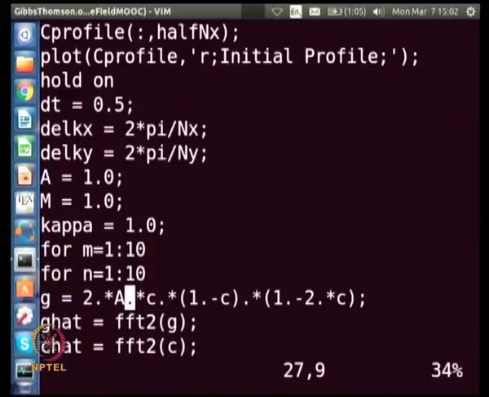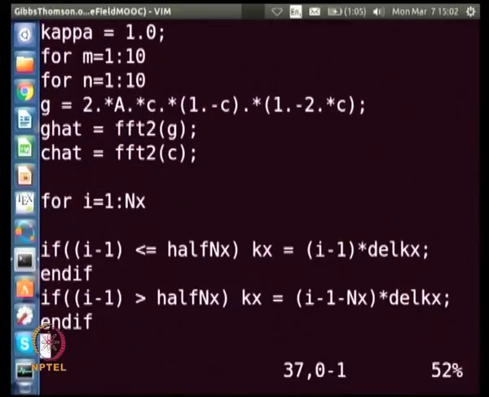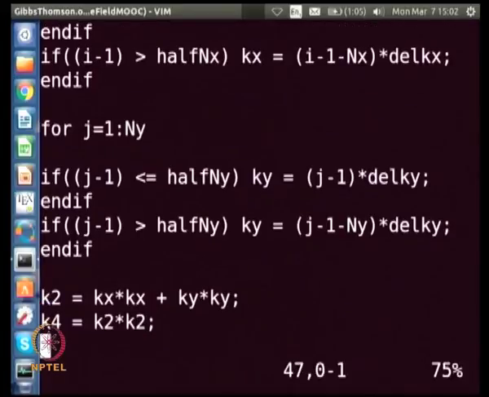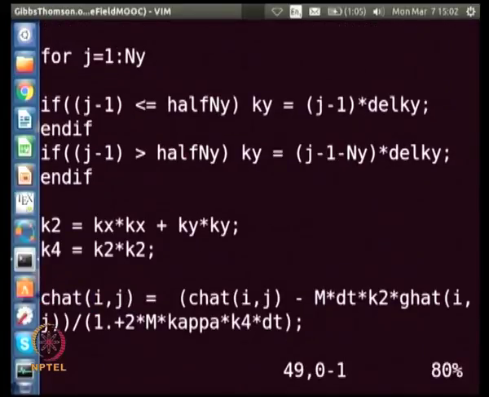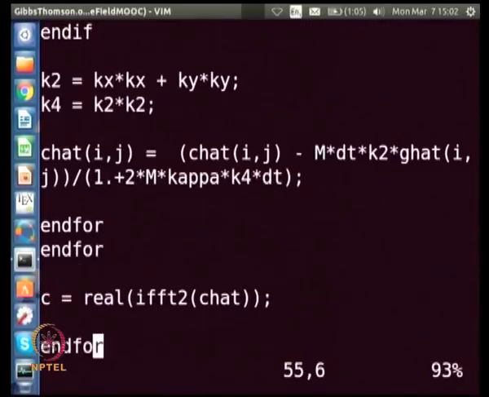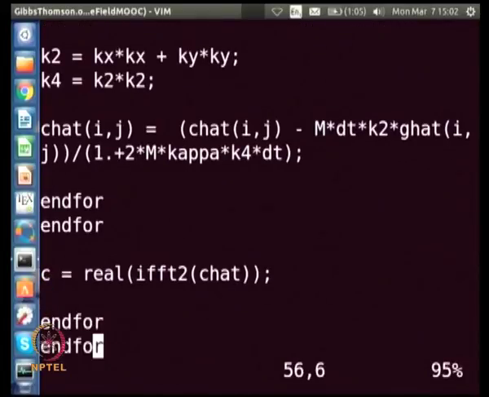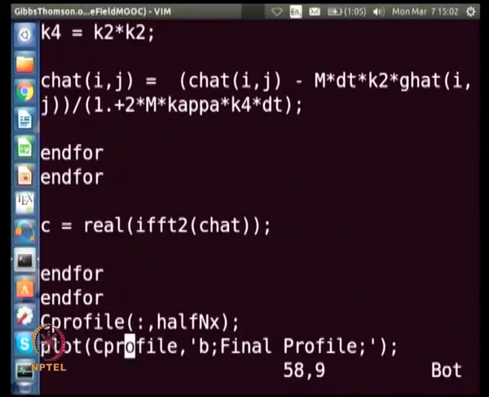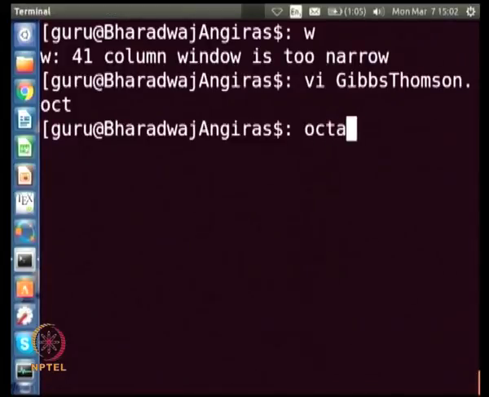And we calculate G, we Fourier transform G and C, and then we evolve. This is the periodic boundary condition implementation, and we evolve using the Cahn-Hilliard equation, which is a semi-implicit Fourier spectral technique, and take the composition back to real space, and these two for loops are basically the time loops, and at the end we come out and we plot the final profile. So, let us now run this code.